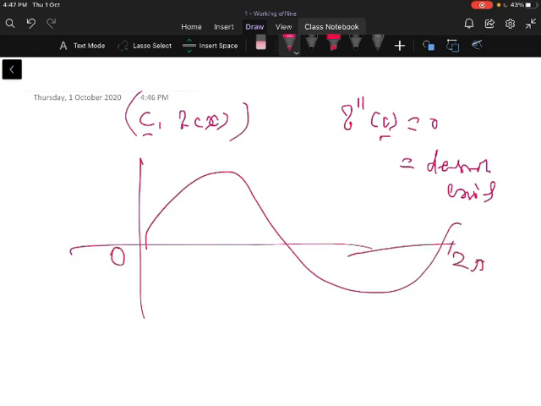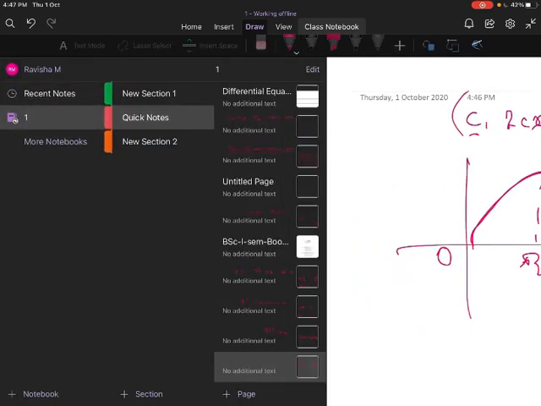So let us take one example here. For the interval 0 to pi, let us take the function sin x. So this is 0, at x equal to pi by 2, this is pi, this is 3 pi by 2, and this is 2 pi. At x equal to pi, what is sin pi? Sin pi is 0. This point is pi comma 0. This point changes the concavity from downward to upward. So this point is called point of inflection.